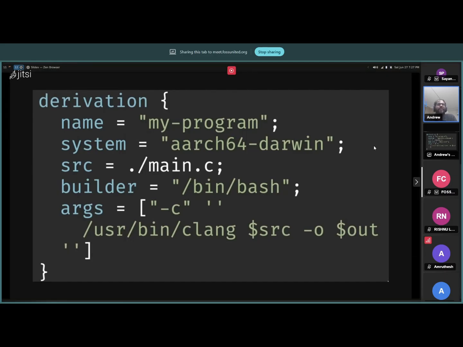And then I have a source file, which is this thing. So this is just compiling a very simple C program. And I'm saying I need bash, I need clang, and then I have to emit it in this way. So don't worry about the syntax and the style here. I'm just trying to give you the point. The idea is you write a derivation, and in the derivation, you say what all things you require. So let's say I'm compiling a Rust program, right?